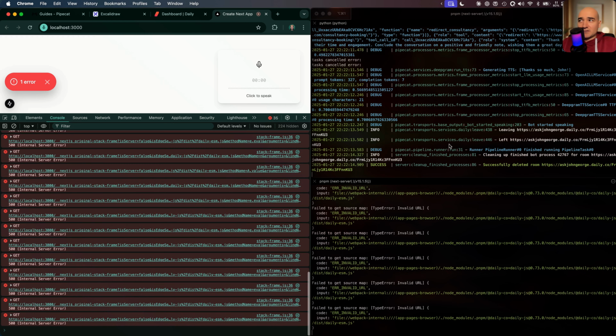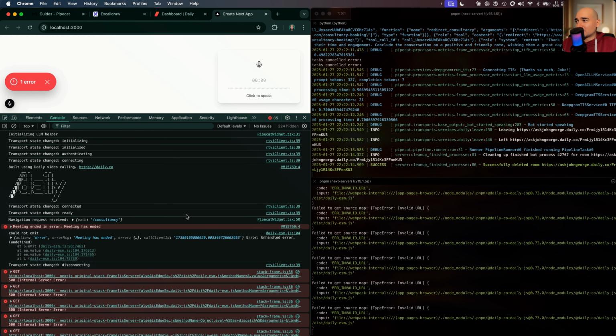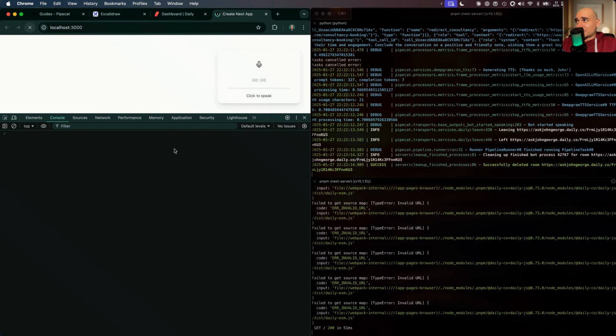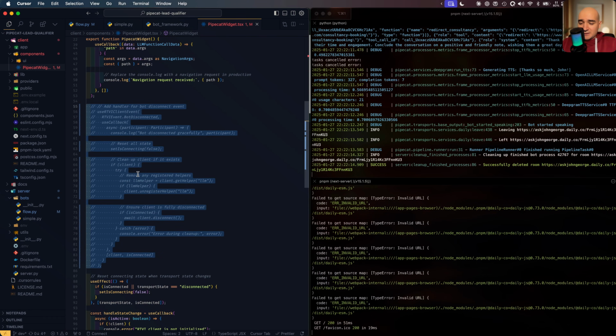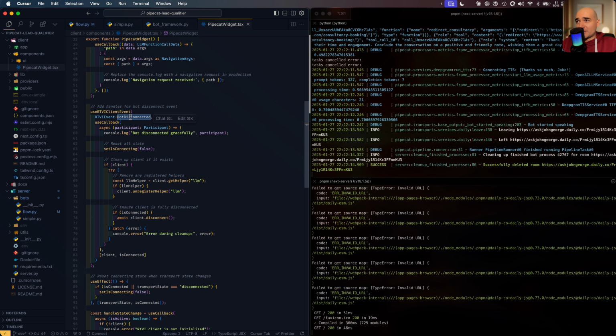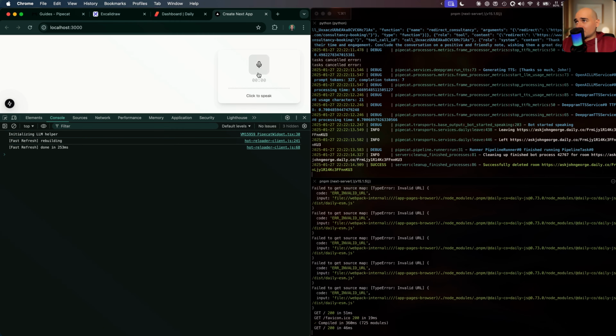Okay, so it's left, and now everything's just breaking, right? You see all these errors. Okay, so let's just refresh again. And now with this little cleanup function, which happens when the bot is disconnected, if you run it again,